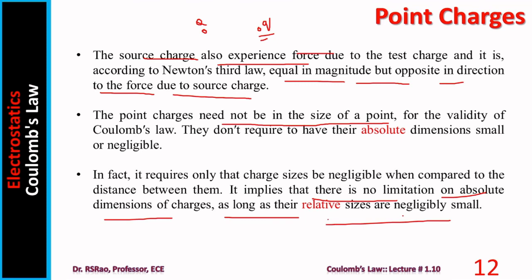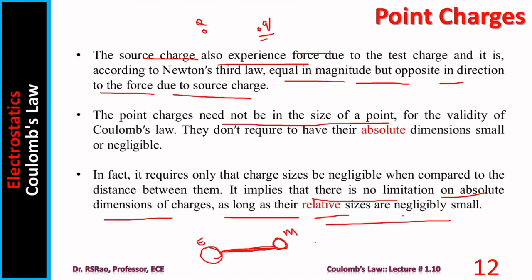This point can be understood easily with an example. Suppose there is a charge whose size is the size of Earth, and another charge whose size is the size of the moon. Coulomb's law can be applied to find the force on the moon-sized charge due to the Earth-sized charge, or vice versa. The reason is the distance between them is very large, and the sizes of Earth and moon are very small compared to it. So Coulomb's law can happily be applied to get excellent results.